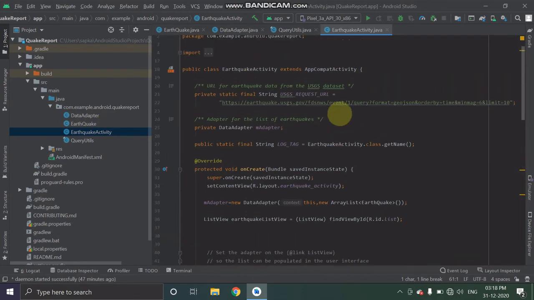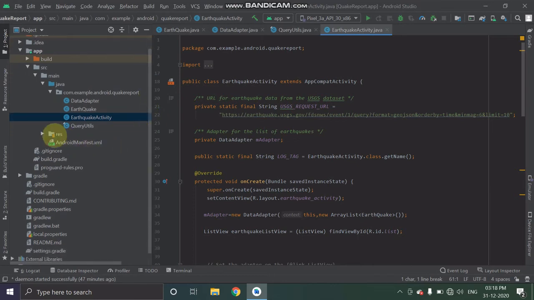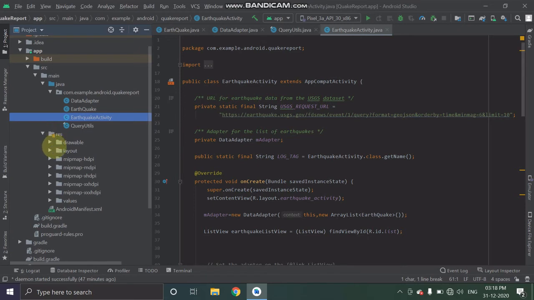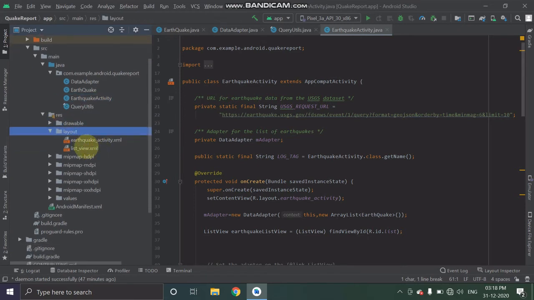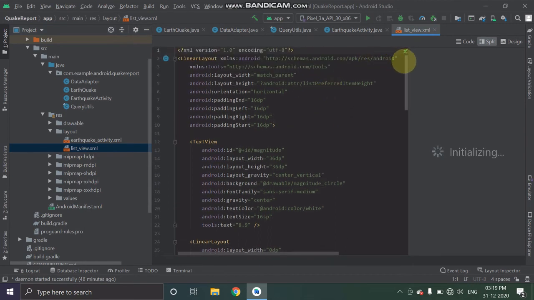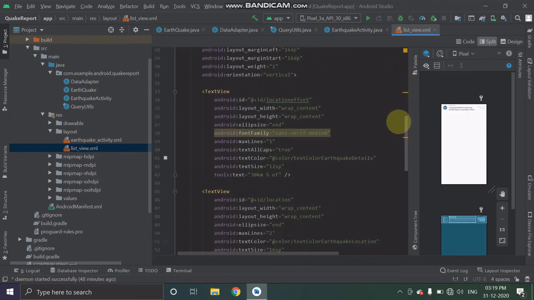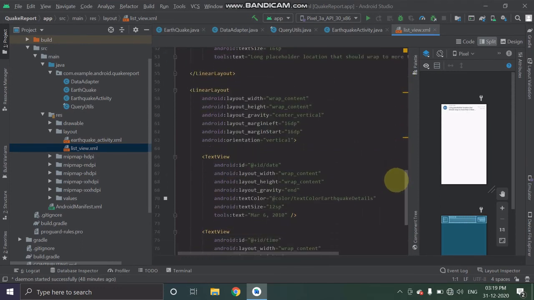So this is a project, and let me show you our layout list view. So this is the XML code which is used to display each item of the list.